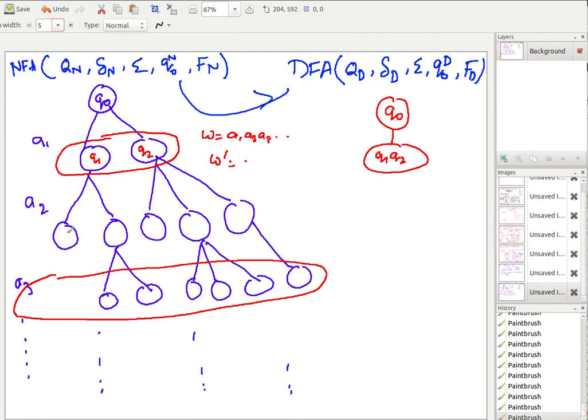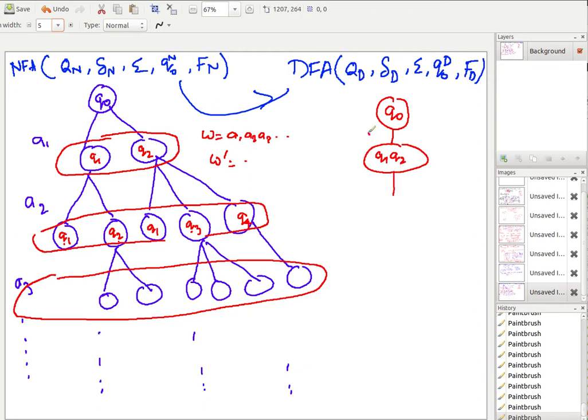Next, maybe again Q1, Q2, this is Q1 and Q3, and this is Q4. So at this level, what all different states am I in? I am in state Q1, Q2, again Q1. Anyway, being on this Q1 or this Q1, they will end up the same way afterwards, right? So Q1 is distinct, Q2 is distinct, Q3 is distinct, Q4 is distinct.